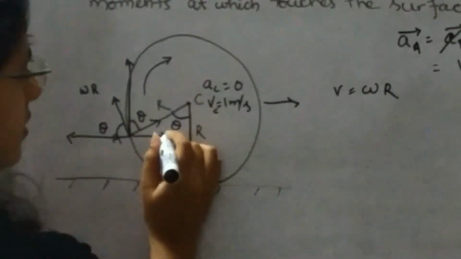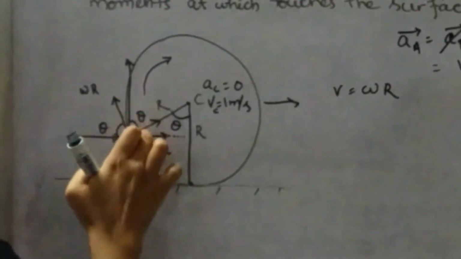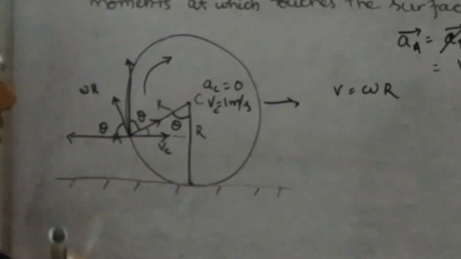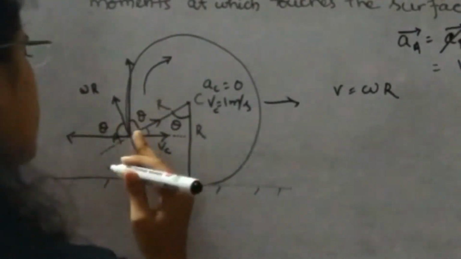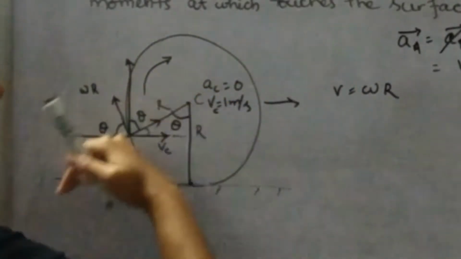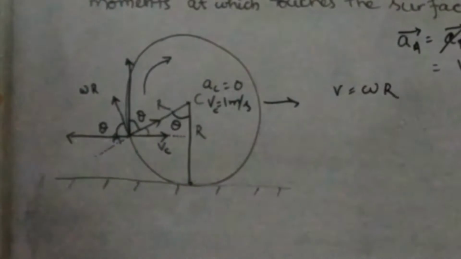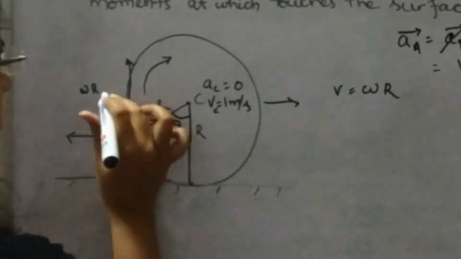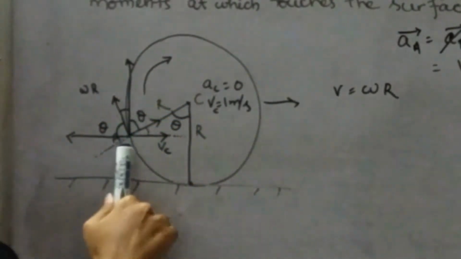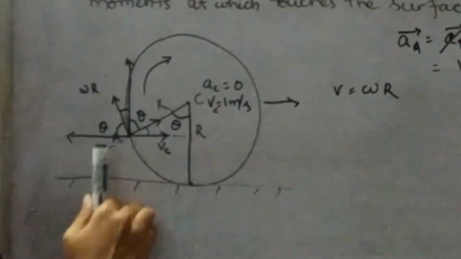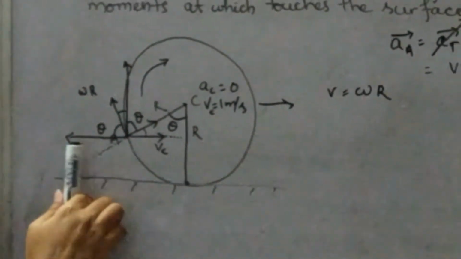How? This is the normal to the horizontal. Theta, and this angle is 90 degrees minus theta. If we extend this line, you can see that this is normal to this line. This is theta and this is 90 degrees minus theta. As this is the normal to this line, if this is theta then this angle is 90 degrees minus theta. This is the normal to the horizontal, so this is 90 degrees minus theta, which means this is also theta. Now you can understand.